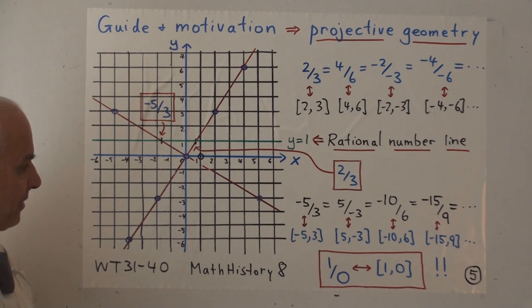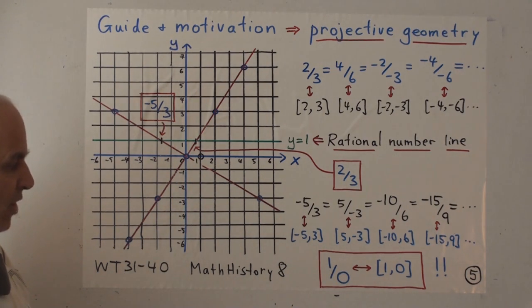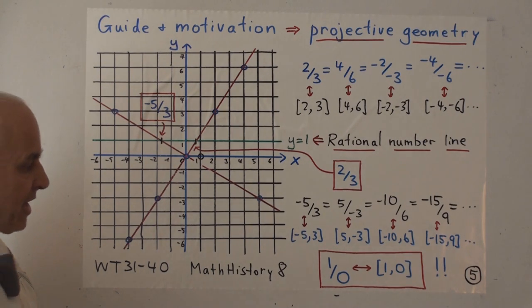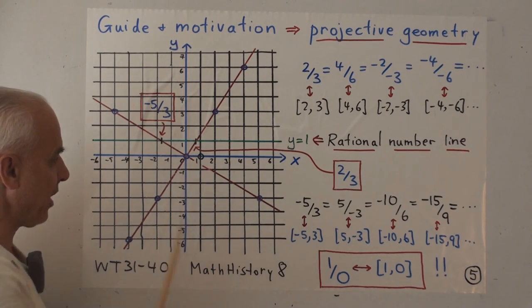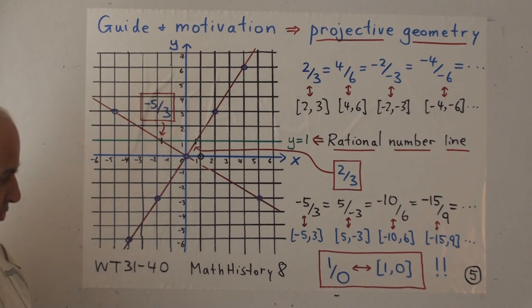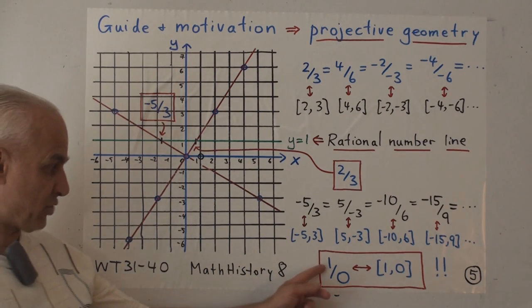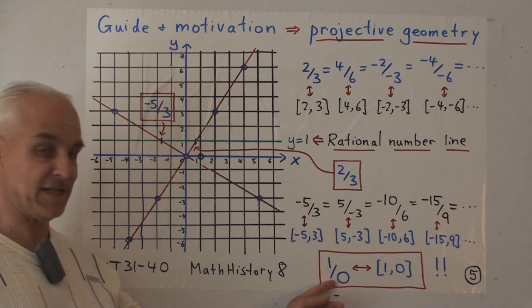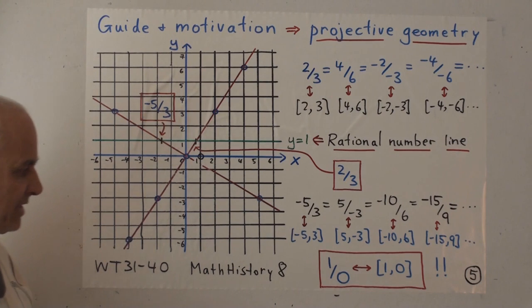And when we do that, the fraction 1 over 0, which is an illegal fraction, gets represented by the point (1, 0). That point right there in the plane. So when we talked about the Stern-Brocot tree, we saw that this vector here played a natural role. There was actually a very useful place for this illegal fraction. So we're going to see more of that coming up here now.